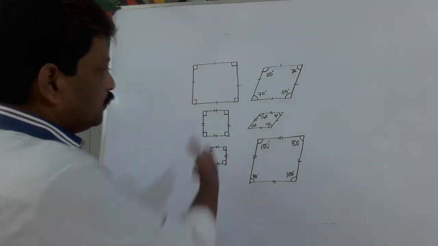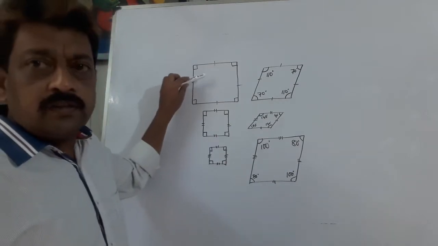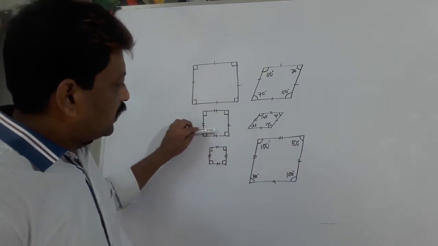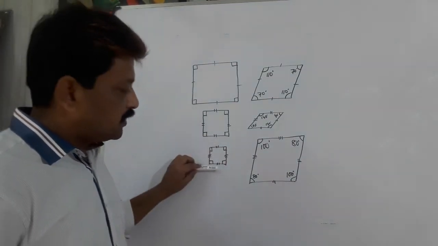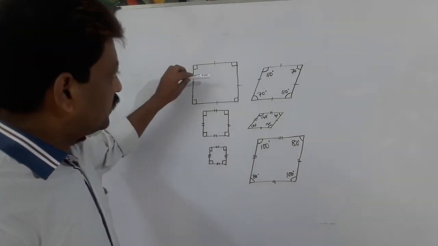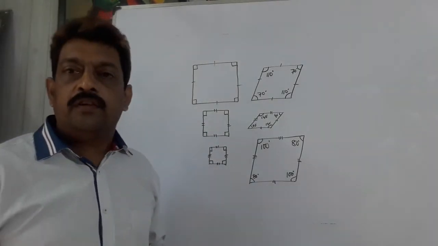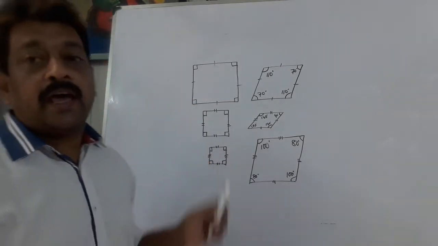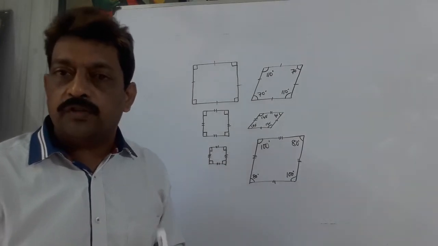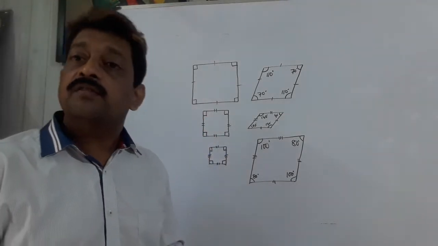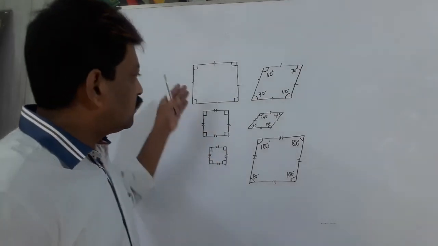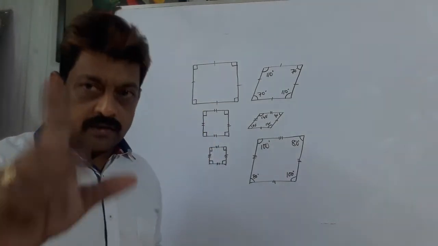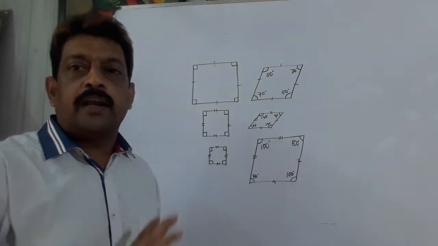Okay. But what is the difference? The difference is there. The length of the sides of this square is much bigger than this one, and this is also bigger than the third square, and the area of all these squares are of different value. So we cannot call them congruent figures, rather we have to say that these squares are similar, because the length of their sides are not equal, they are of different length in different squares, but their shape is same, their included angle is same.